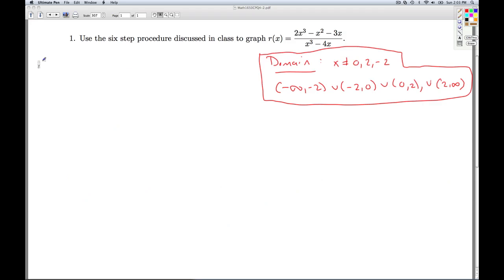Okay, step 5 deals with the end behavior. And so once again, we're looking at what's happening as x goes off to infinity and as x goes off to negative infinity. And we know from what we learned about polynomials that as x goes off to infinity or minus infinity, my function r of x, which once again we can use the reduced formula,